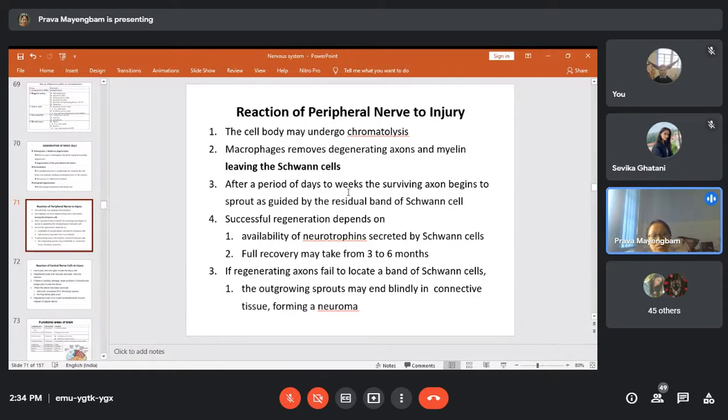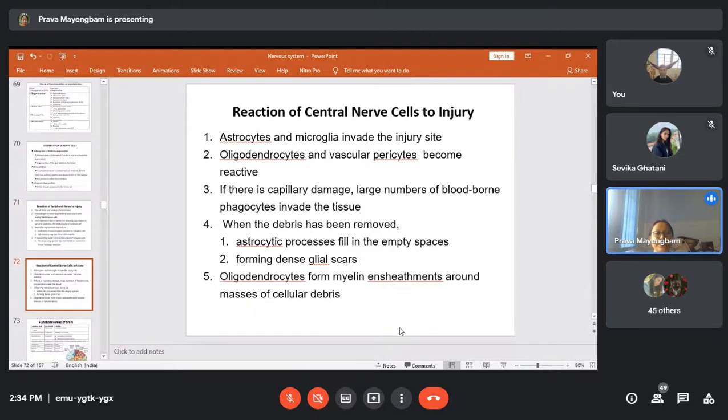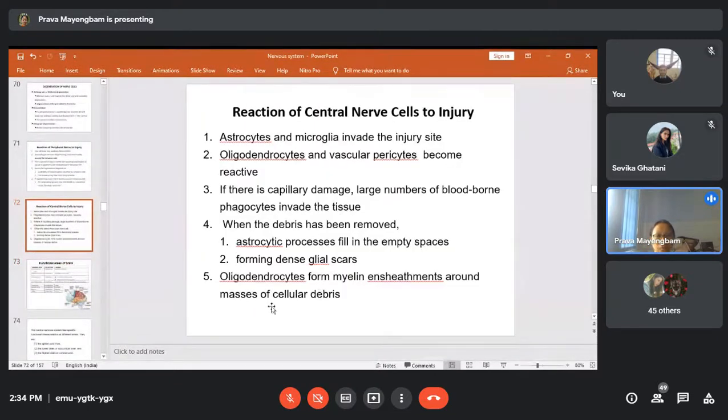The Schwann cells will guide the regenerating process. And the whole regenerating process depends on the availability of neurotrophins and the Schwann cells. If they are not there, there will be formation of just a scar. It will not recover. But in case of the central nerve, when the central nerve is injured, astrocytes and microglia,